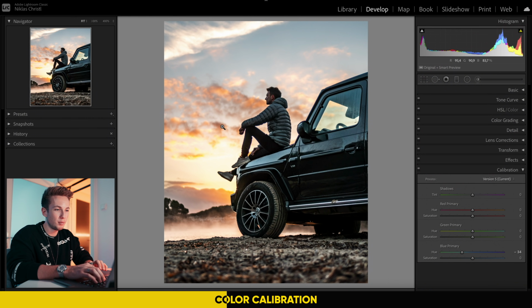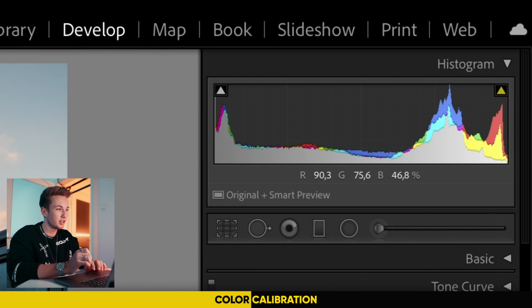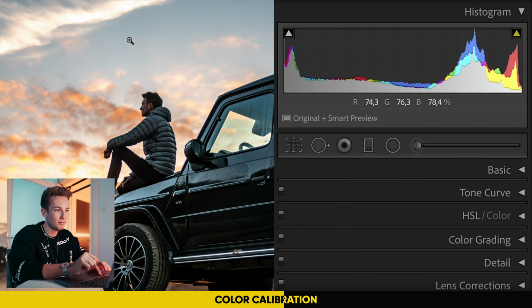What? That was complicated, right? So if you just hover over the image with your cursor, you can inspect how many percent of each primary color are in a pixel. If you look at the top right corner below the histogram, you see the three percentages R, G, and B, which stands for red, green, and blue. And if you hover over, for example, that bluish part over the window here, you see, okay, so it's 47% blue, 41% green, and 33% red. And obviously you don't want to just look at all of the different pixels, but you just have to get a feeling for how this tool works.